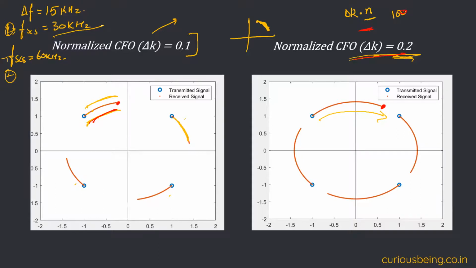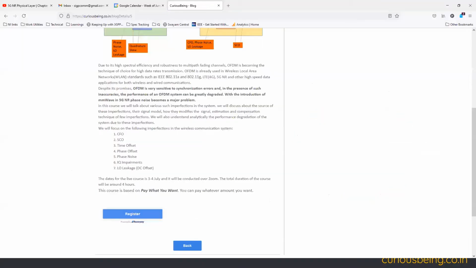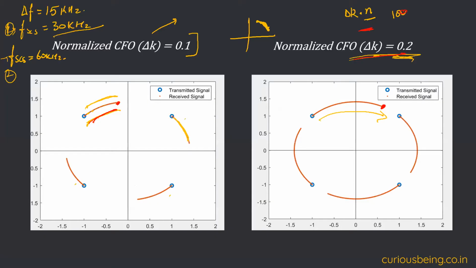I don't think coherence bandwidth will be a parameter to decide the CFO impact. The intention of OFDM is to mitigate interference, so maybe coherence time is more correct. Yes, you're right. Basically, we are making slices of subcarriers, small subcarriers, to make each subcarrier a flat faded channel, so that each packet is understood. Sorry for the confusion.